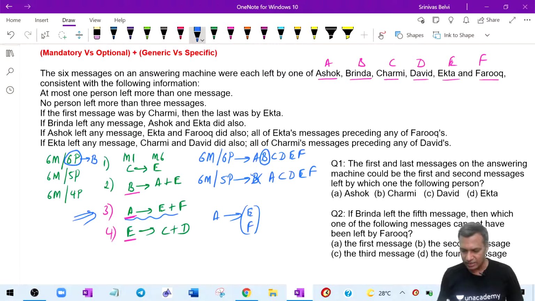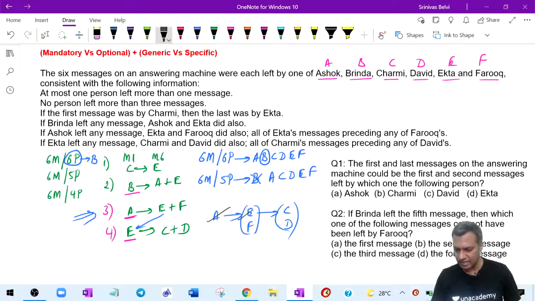Now E triggers it, because if E is already there, then E triggers this one. So because E has triggered, C sends a message and D sends a message. Are there five characters? A is there, E is there, F is there, C is there, D is there. Then who is not there? B is not there. If B is not there, that is what you mean by five people messaging. But who is that person who is repeating the message? That I don't know. When five people send six messages, I am very sure after reading this puzzle that B is not the one who has sent this particular message. Simple.